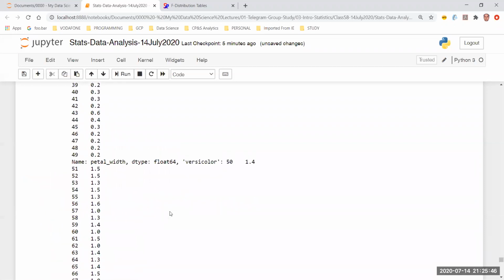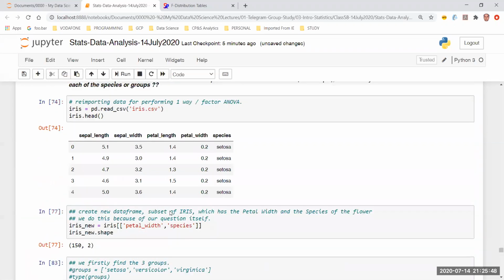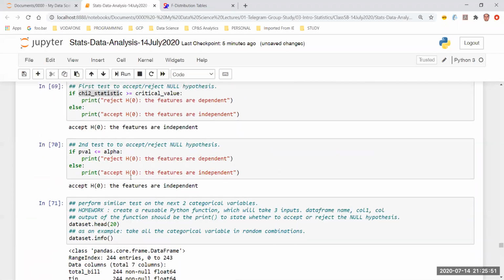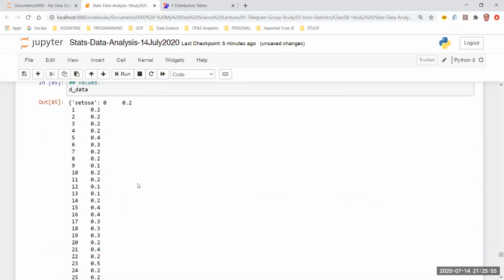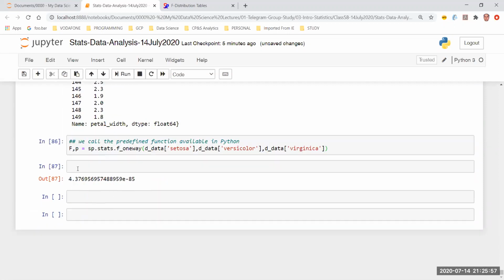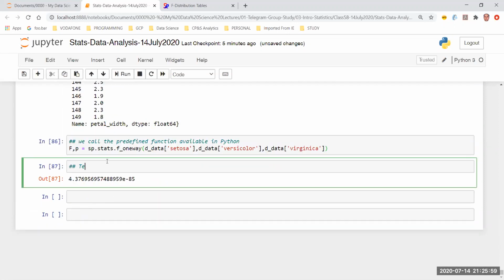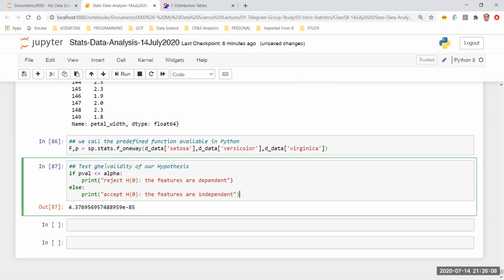Let me just go up and do a copy paste. I don't want to write this code because this is something which we have already done earlier, right? So why not test the validity of our hypothesis? Test the validity. There is a spelling mistake here.